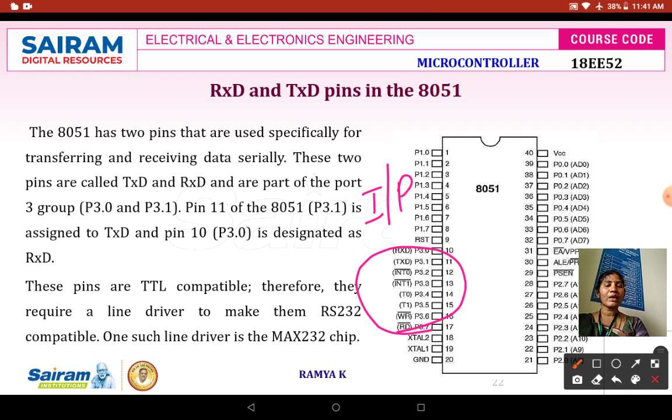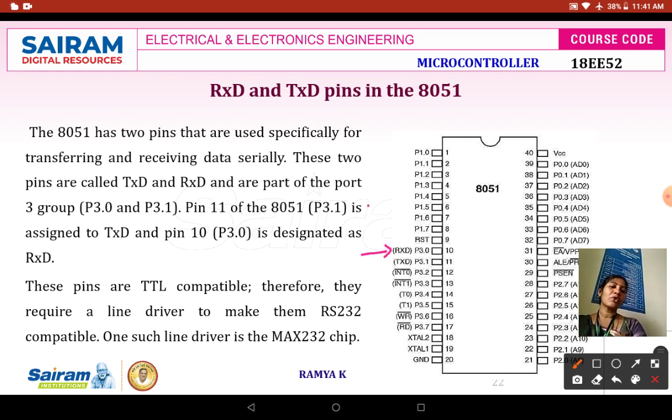It can act as an input port or output port, or it has many more functions like receiving data, transmitting data, handling interrupts, read and write signals. In this you have two pins called RxD and TxD. TxD is mainly meant for transmitting, and RxD is used for receiving the data.